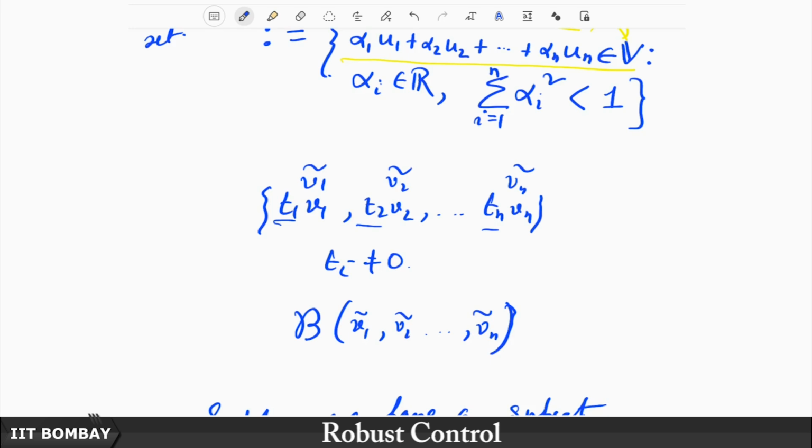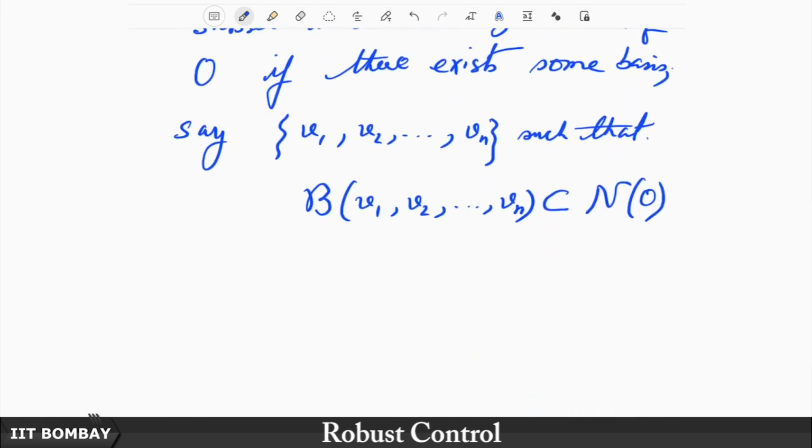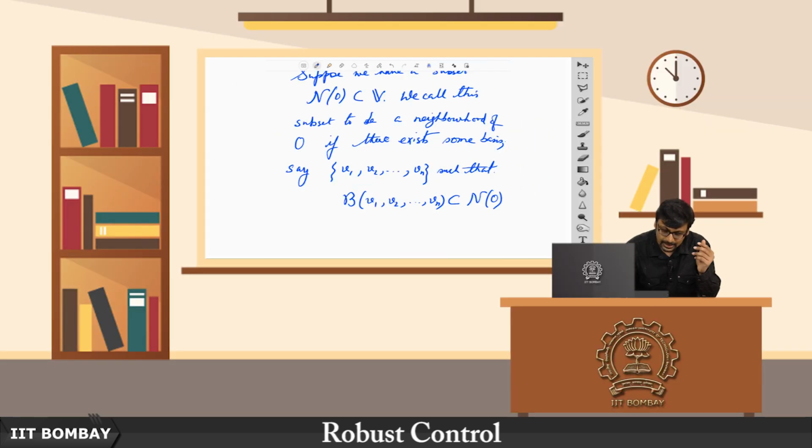So if you can play around with this parameter t and make the norm of each component in the basis smaller and smaller, then naturally this ball also keeps shrinking, and you have found a very small ball to fit within that subset. If you can fit it within that subset, then that subset qualifies as a neighborhood